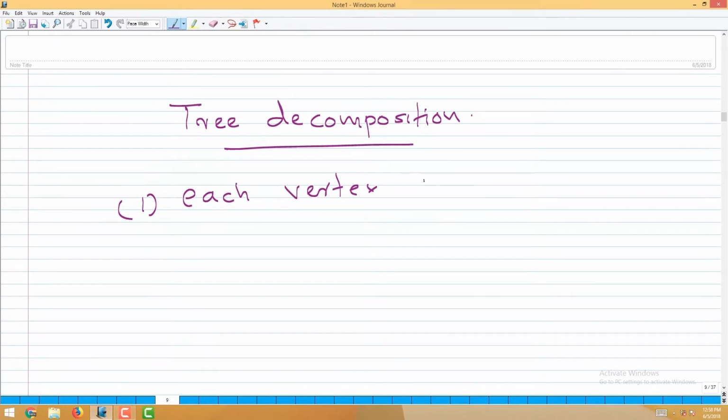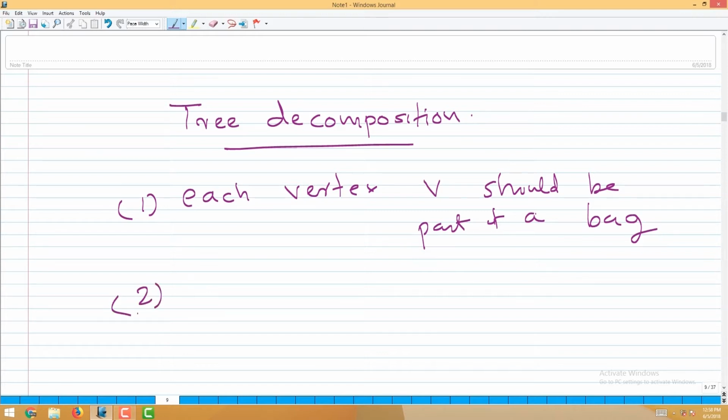Each vertex V should be part of a bag, right. That means we cannot discard any vertex, it should be part of at least one. So, in this construction we are adding each vertex in at least one bag, right, and each edge UV